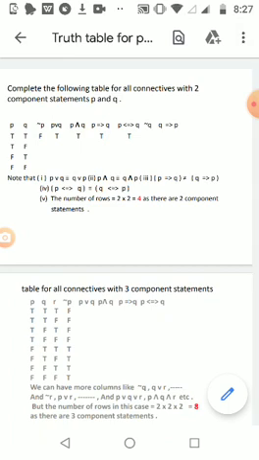Remaining values you have to write on your own, and at the same time you have to verify that P or Q is same as Q or P, and P and Q is same as Q and P. This is what is called equivalence. That part we are going to study next time. All these values can be written here. What I have written here can be verified with the help of truth table. That part we are going to study in the subsequent lectures.